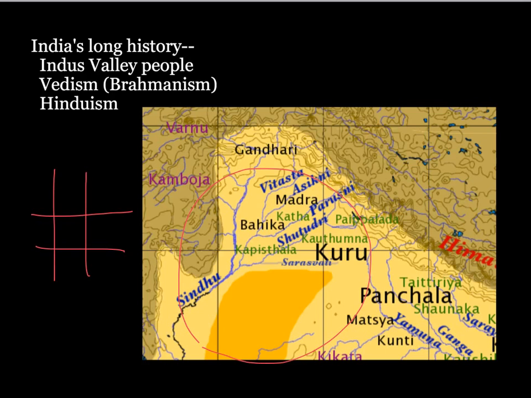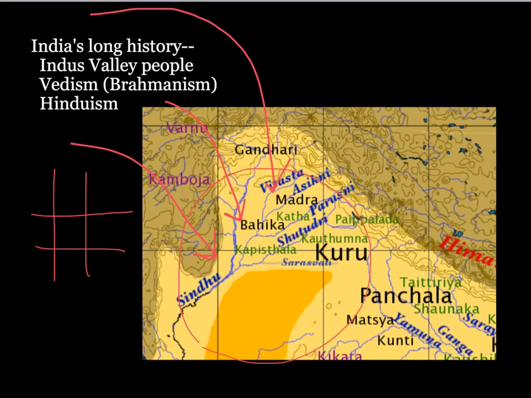What we also know is that about 1500 BCE or so, a new wave of people came. These people were Indo-European, which means that they eventually emerged out of what we now call Turkey and spread throughout Europe and also throughout Asia. So these people are coming in from the east and coming into the Indus Valley from the north, so from what we now call Pakistan.